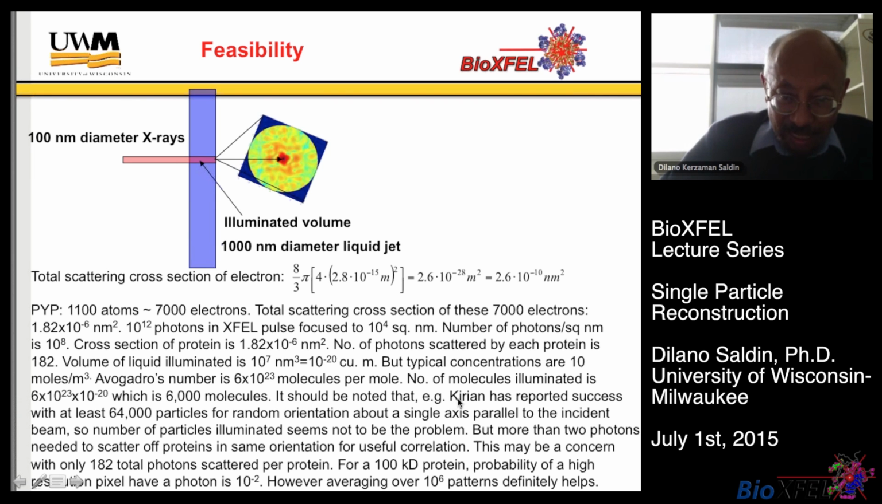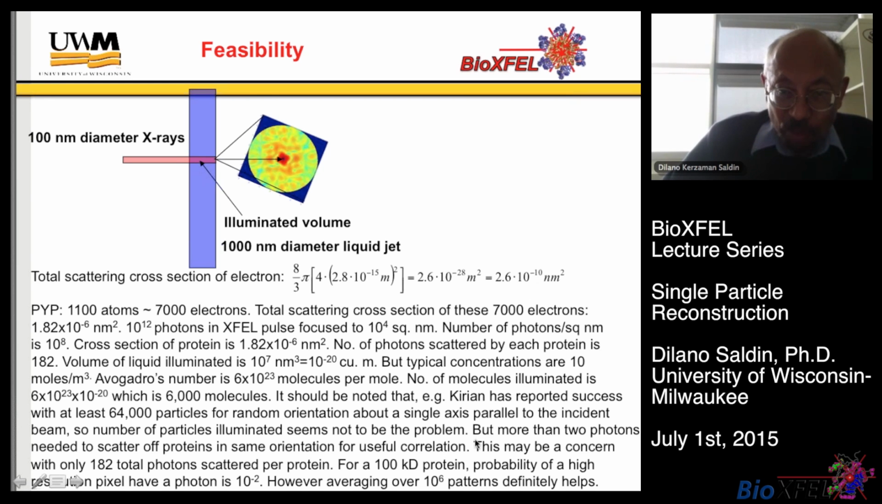It should be noted that Kerian et al. have reported success with at least 64,000 particles in random orientations about a single axis parallel to the incident beam. So we think this correlation method can handle 6,000 molecules. But